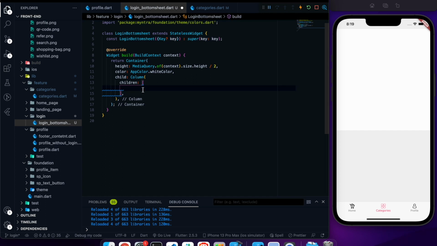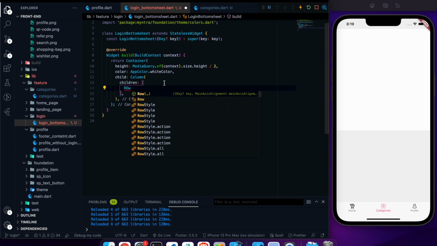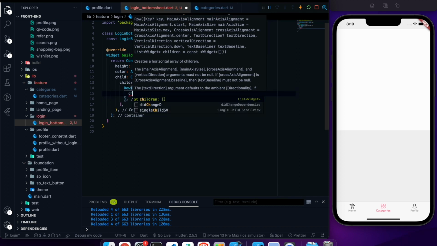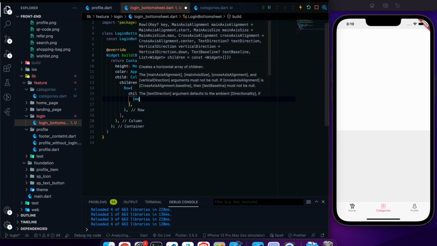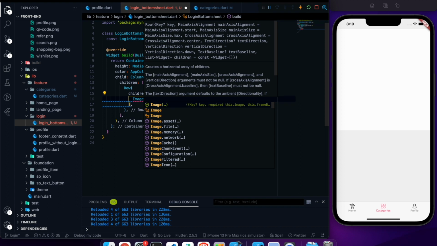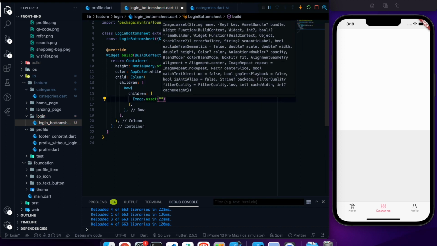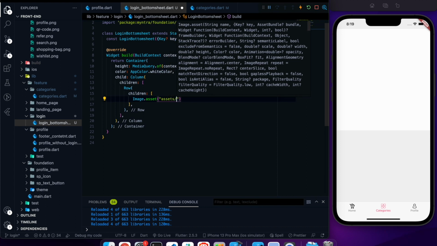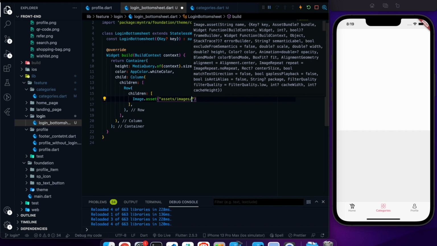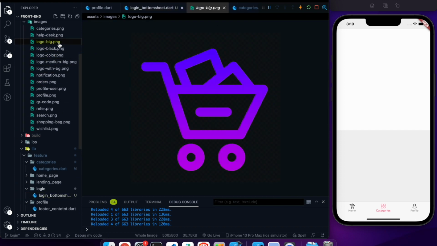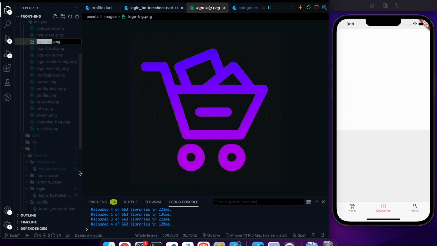And in the column, the first child, as I told, we're going to use a row. So let me use a row and children, and as the first child we are going to use Image.asset to show the image logo. So we have to provide the exact path, which will be assets/images/ and then the logo name. The logo name I'm going to use is logo beach. So I have to provide the whole path,